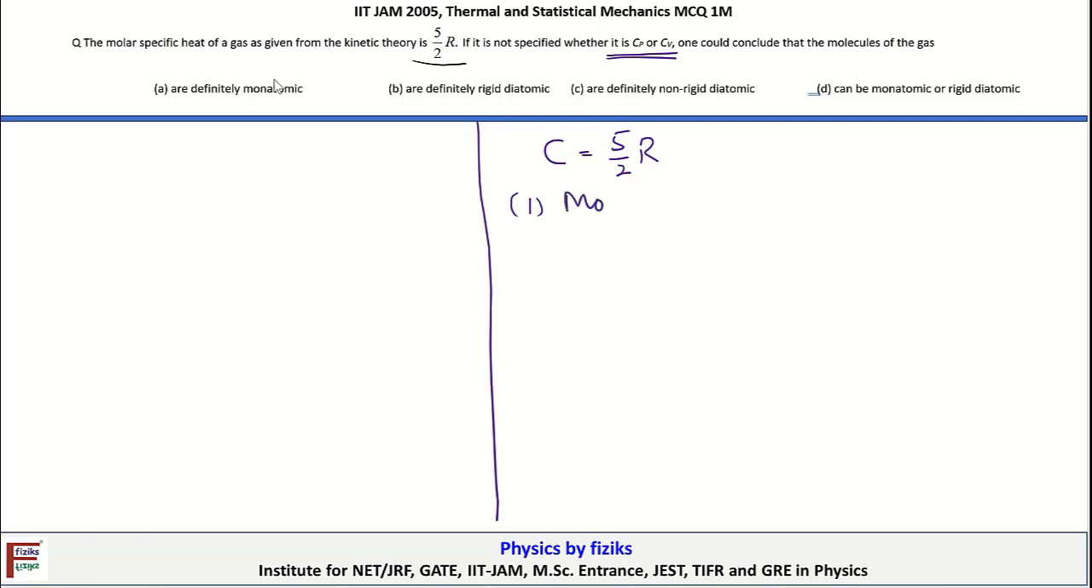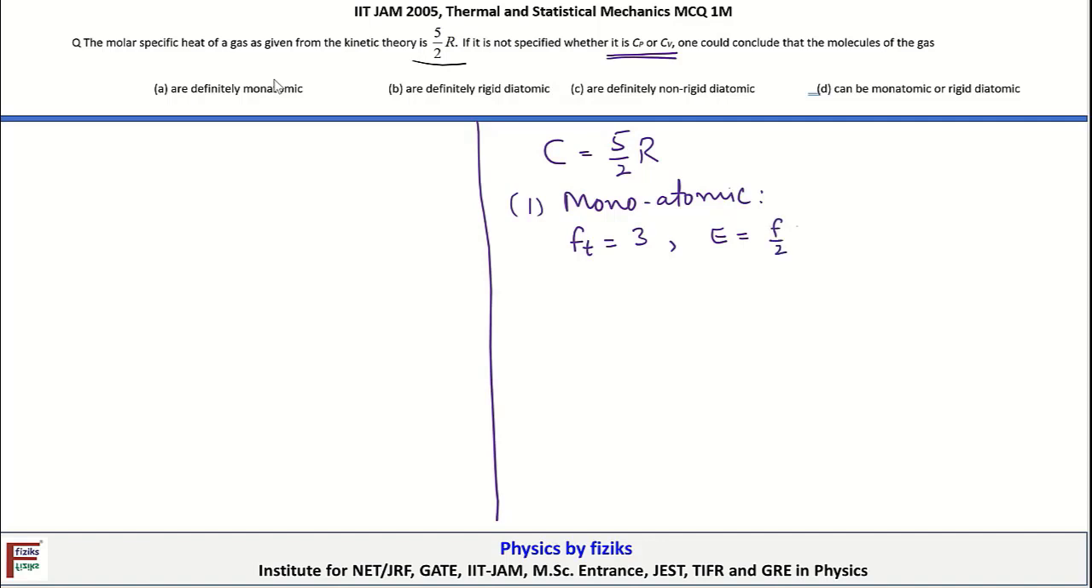For monatomic, we have 3 degrees of freedom, basically 3 translational degrees of freedom. So I'm writing that as F_T, where T stands for translation. This is equal to 3. We know that there are no rotational degrees of freedom for the monatomic gas. So here F_T is equal to 3, so this implies that the average energy per mole, E, is equal to